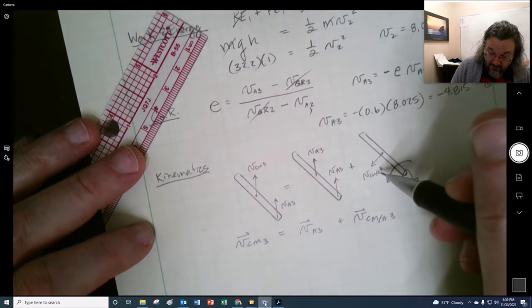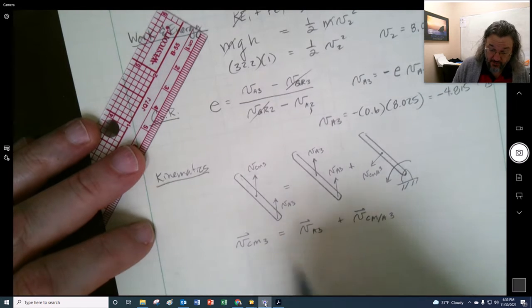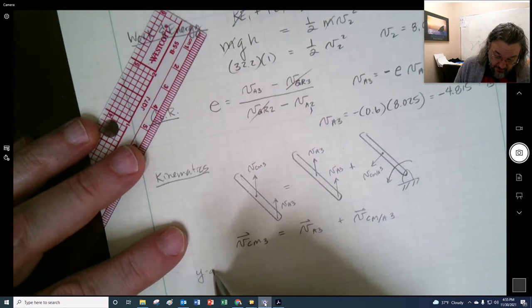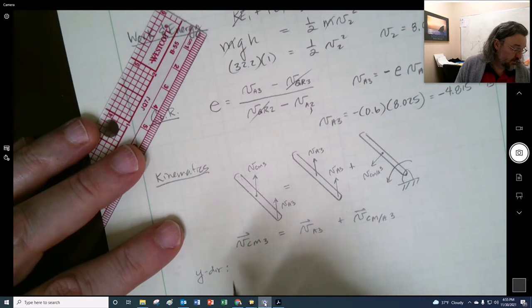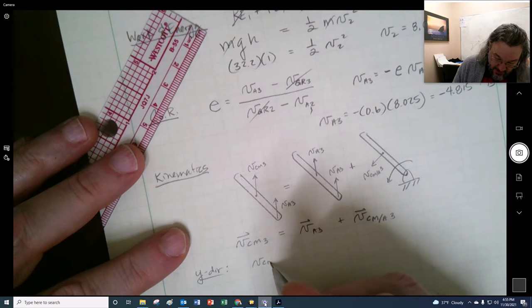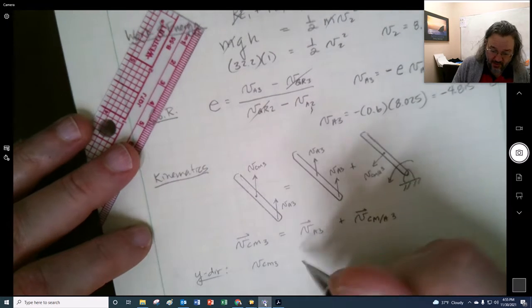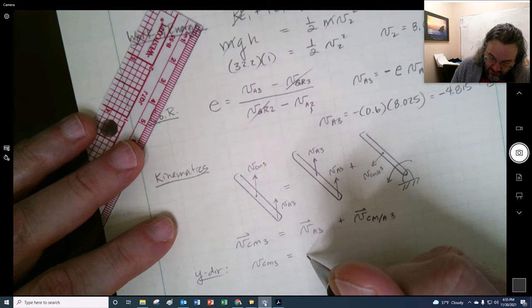And we know that that's going to be omega 3 times 1/2 of the length right there. But in the y direction, we're going to say VCM3, and I could put it as y if I wanted to, is going to be equal to,